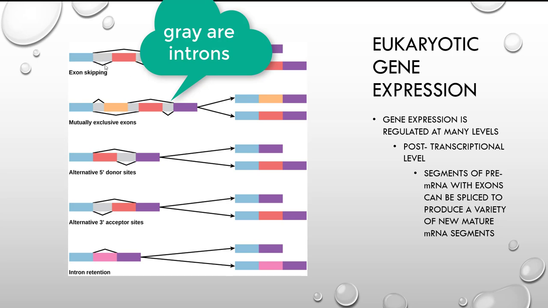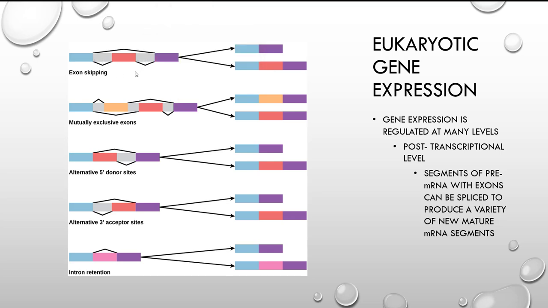So if these two get removed, it should be just the three exons stay, the blue, the orange, and the purple. But what if the whole thing got removed? So you can see how the whole thing got removed, including the orange part. So we end up with just the blue and the purple. So we have something called exon skipping